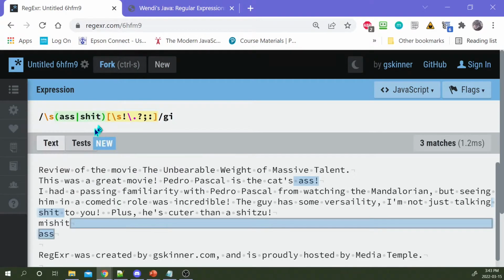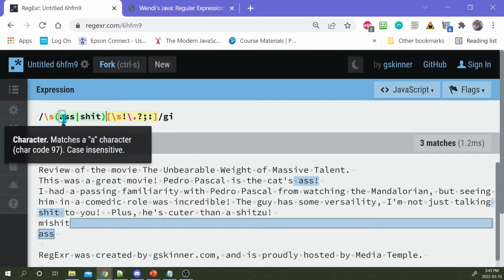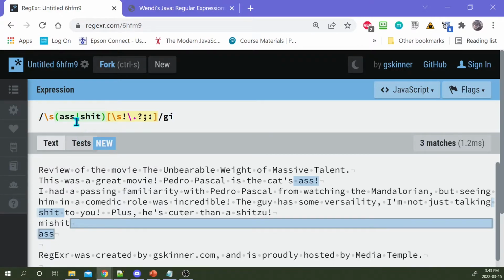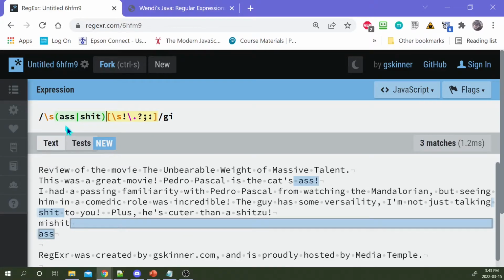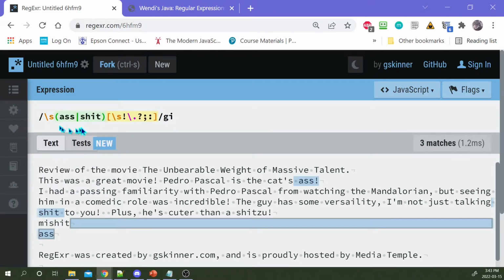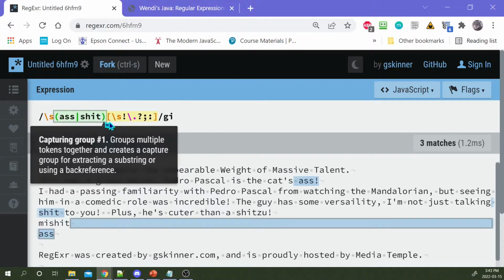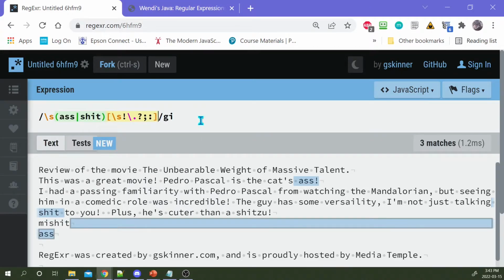So what this capture group does is it says treat this set of tokens like a group. So either this set of tokens or that set of tokens. I'm not saying you have to use the or operator inside a capture group. It's just one example of where a capture group is kind of handy. I'll show you another one later. I'll show you two more later, actually. So this says match a white space character followed by these letters or followed by these letters and then followed by a special character. We need the capture group because if we didn't do this with the capture group, then